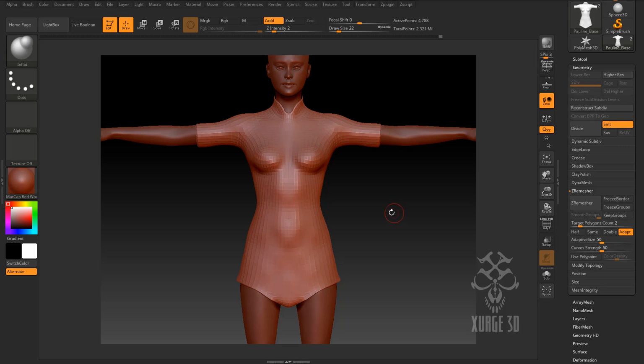And next what we'll do is we'll start modeling on top of the tunic, building all the pieces of leather armor that she's